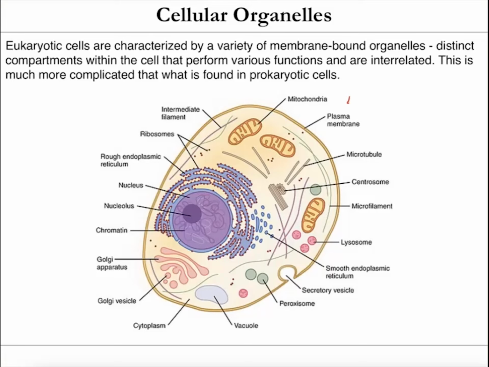But here we have a diagram of an animal cell and all the different organelles within it. So of course, we're going to go through pretty much each of these very quickly. So we have a nucleus and then a nucleolus, which is a subset of the nucleus, which you've actually probably already seen without knowing it in some of the microscopy pictures I've shown.